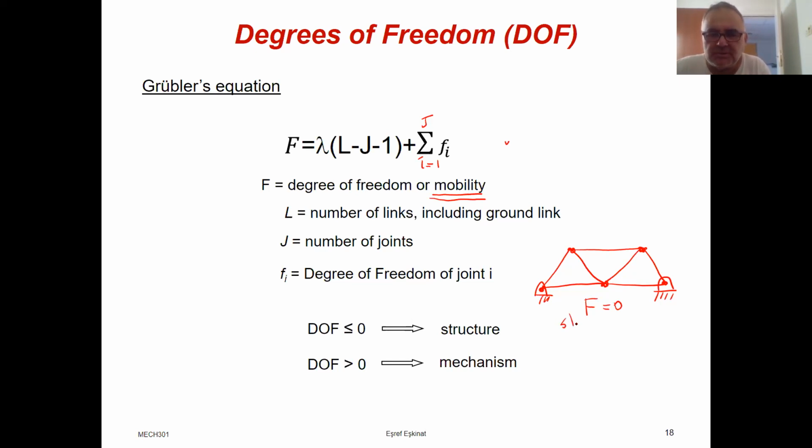So it is a structure. It doesn't move. Whatever input you connect to it, whatever motor you connect to it, you cannot move it because